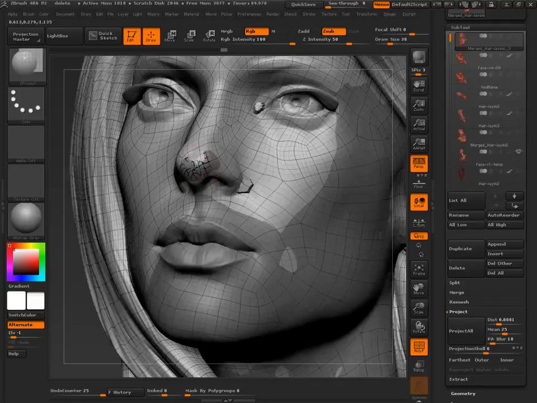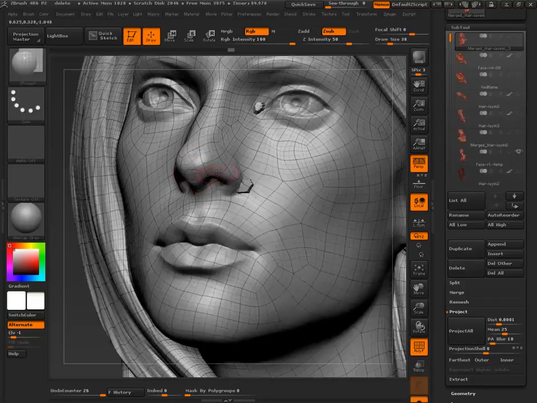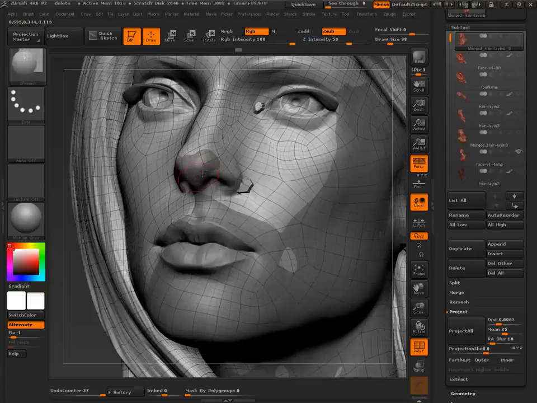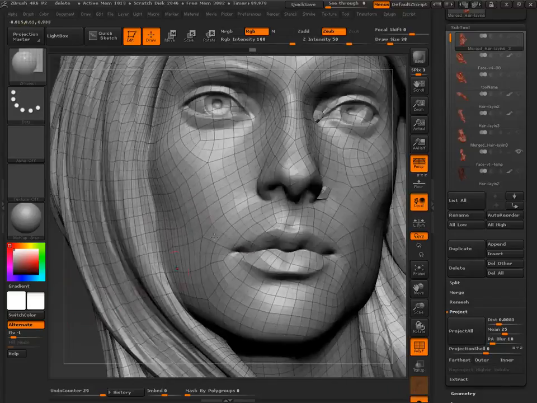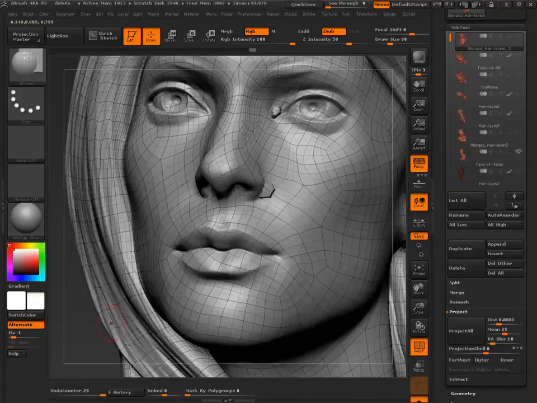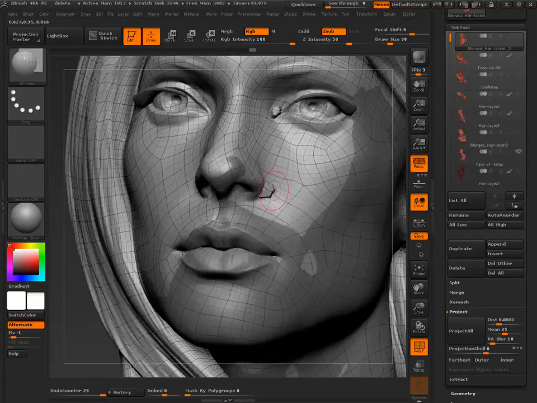But sadly your brush does have to be a certain size. So then you can smooth it out once you get it up there and then do it again. Careful of doing stuff on the side though. And there you go.